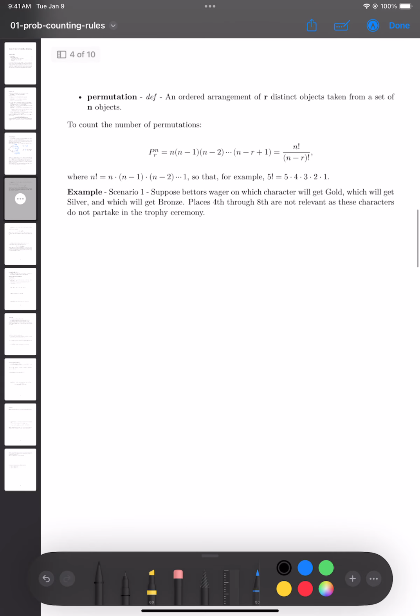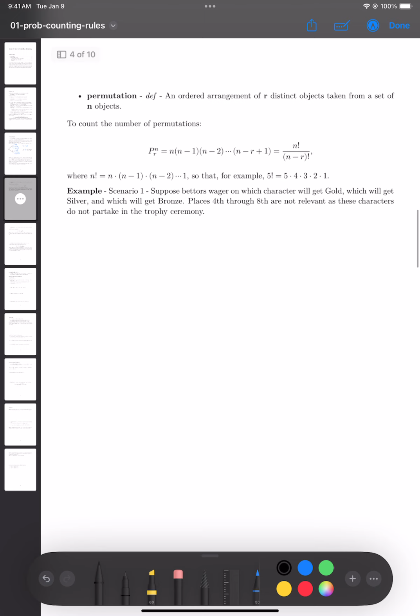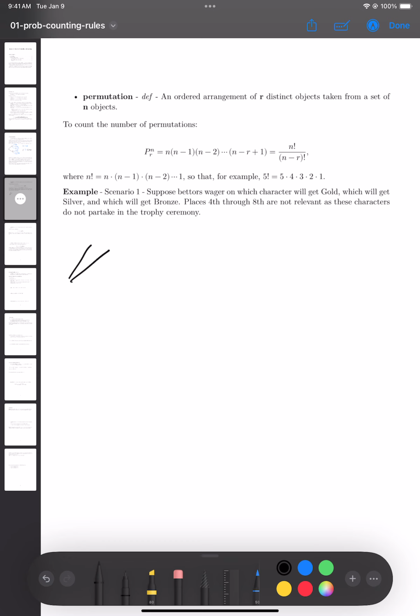And so moving on to the next page, scenario 1 was the scenario where the order matters. So who gets gold, who gets silver, who gets bronze, that's part of the bet. And so that is a permutation. Again, we could make a little tree diagram before we get to the actual formula for counting up the number of ways that characters get gold, silver, and bronze. And so you could think about this